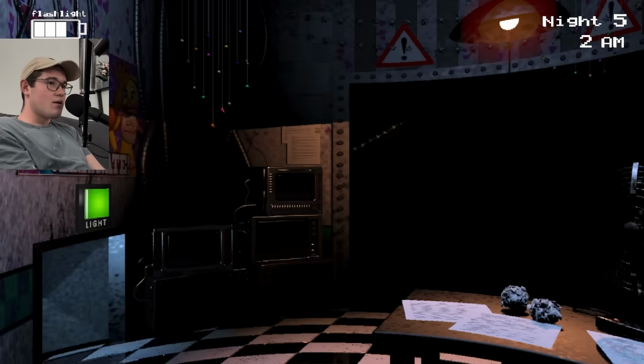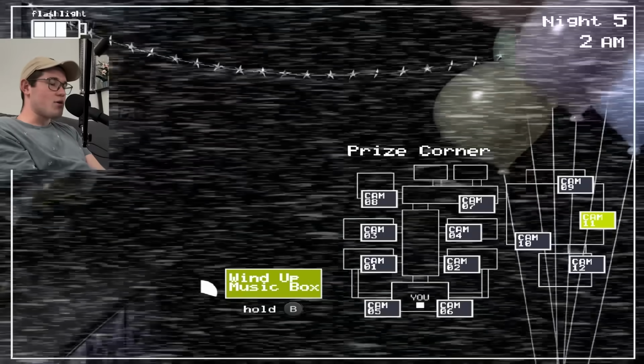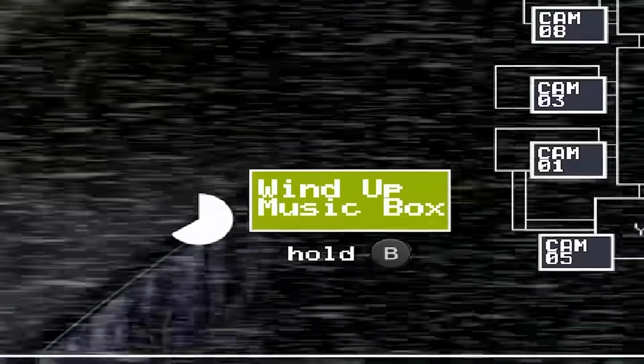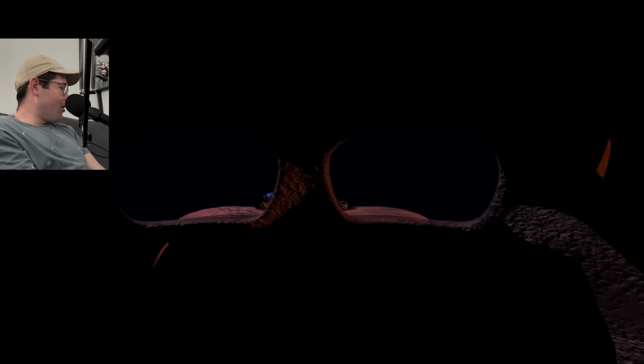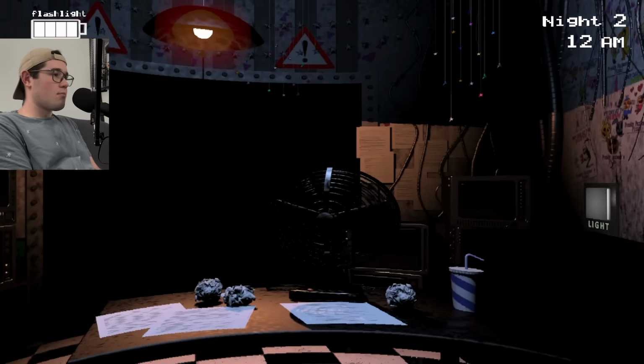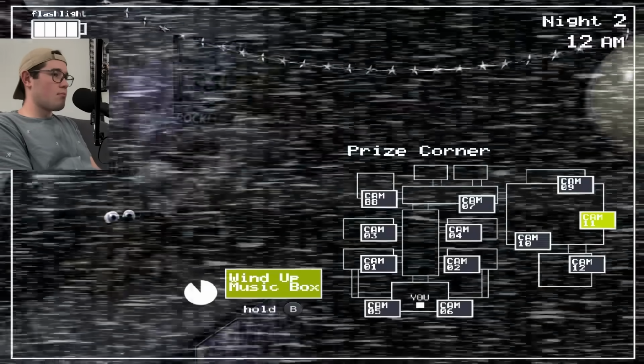The controls are very similar to the first game, except this time there's more to keep track of. Oh, the music box. You have to keep the music box wound up. By hitting the back bumpers, you can flick up the monitor and use the mask. While looking at the monitor and juggling the cameras, it's very similar to the first game, except there's movement on